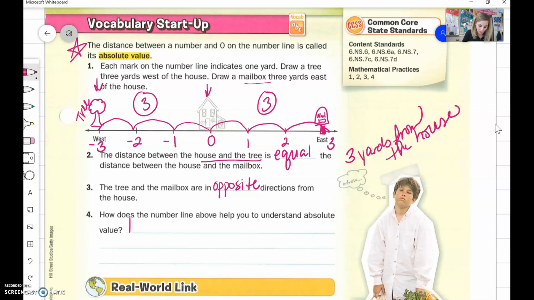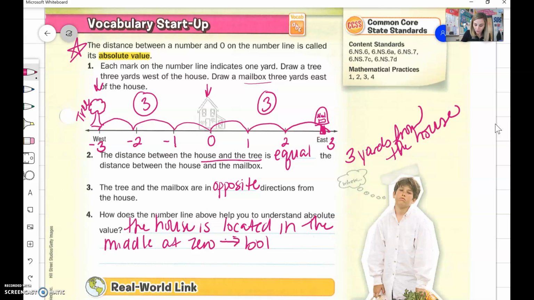So the house is located in the middle at 0, which means both are located the same distance